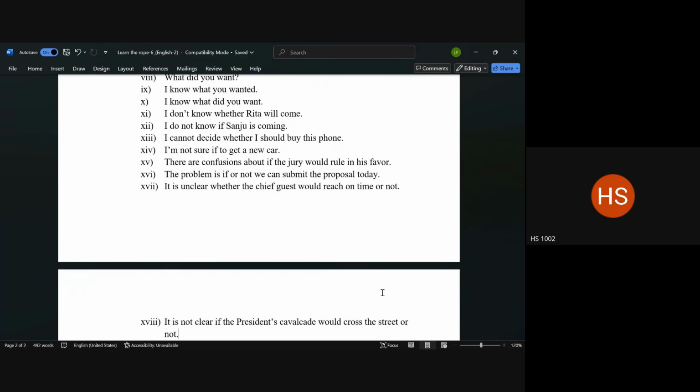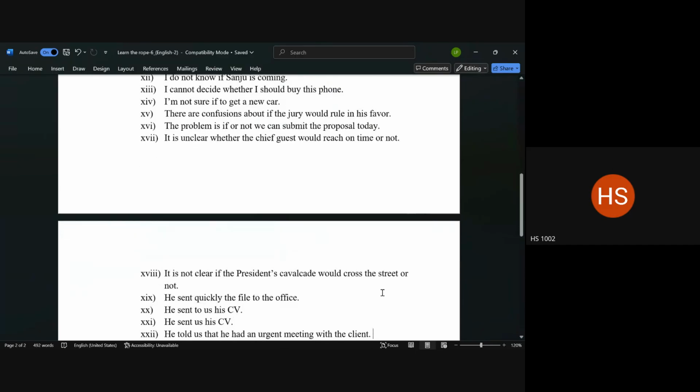It's not just grammatical, but meaning-wise also it's wrong to use "if" in such a situation. Okay, so the 17th one is: it is unclear whether the chief guest would reach on time or not. Is this okay? It is okay, ma'am. This is correct. So you can use whether or if, and in sentences where "or not" is put at the end,